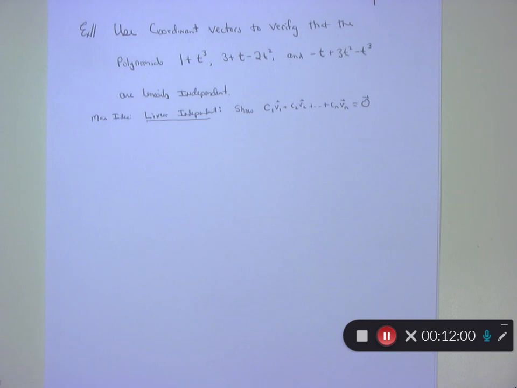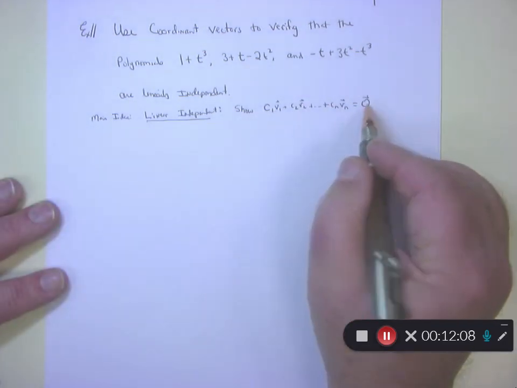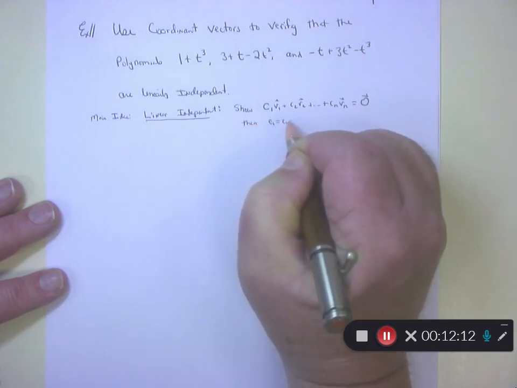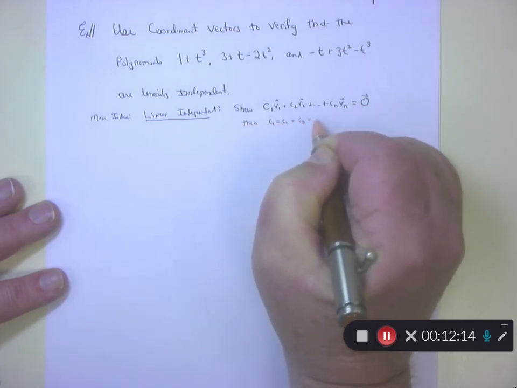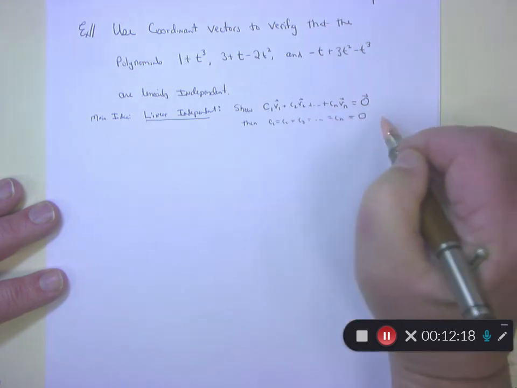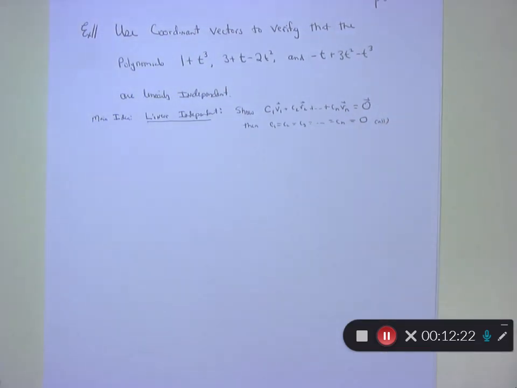If they're linearly independent, what's going to happen? Definition, straight up. If you show that when you set this equal to 0, then C1 equals C2 equals C3 equals dot, dot, dot, equals Cn, and they're all equal to 0, then they are,